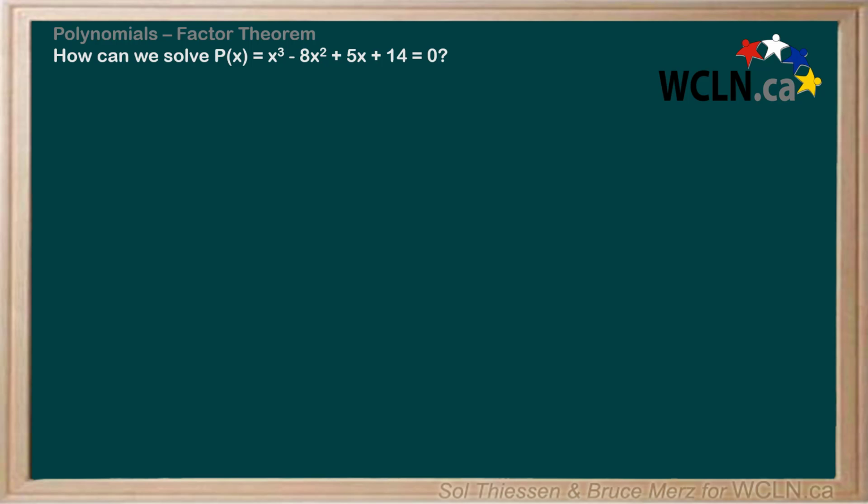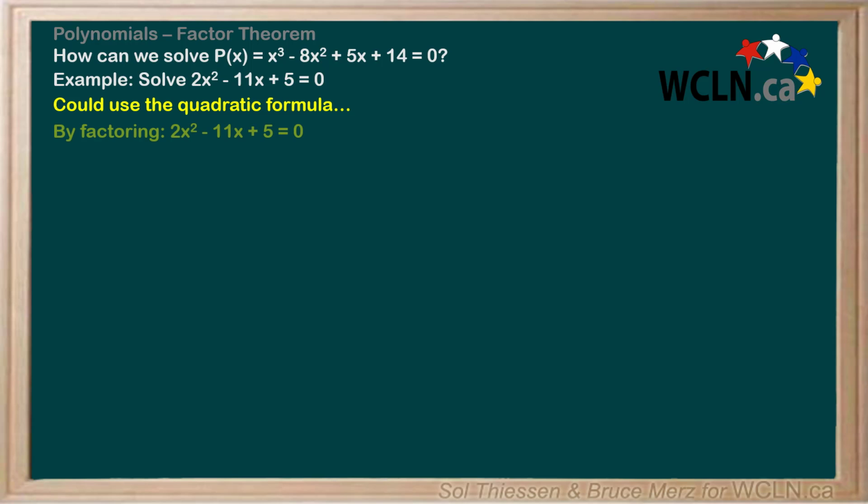Let's take a look at a lower degree polynomial equation involving a quadratic, which has an x squared term. Can you think of a way to solve for x? We could use the quadratic formula, but for our purposes, we're more interested in solving by factoring. Once we've factored this trinomial, we can identify the values of x that will cause the expression to evaluate to 0. To factor the trinomial, we look at the leading coefficient, which is the coefficient on the x squared term,